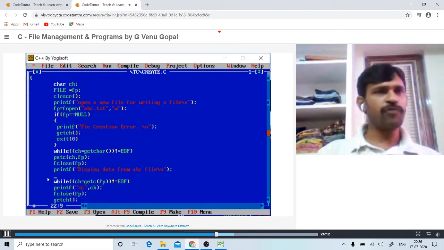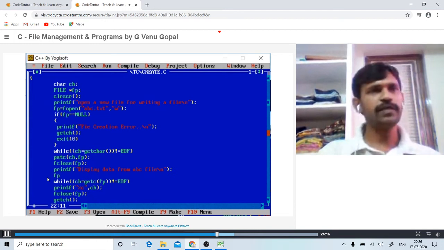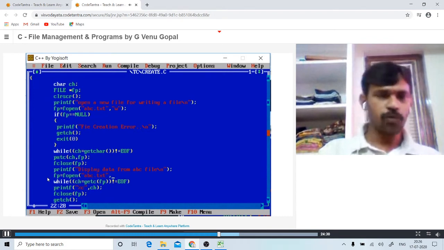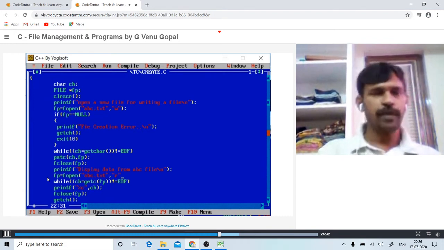Now, the name of the file must be specified before opening it. One important point that we have to consider is that the file must be opened before the read operation is performed on it. fopen of "abc.txt", in read mode we have to open the file.